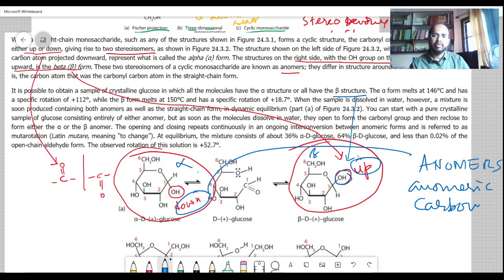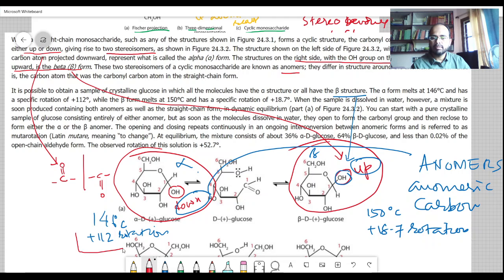In beta you have the upward form. The alpha form melts at 146 degrees C and has a specific rotation of plus 112 degrees, while the beta form melts at 150 degrees C and has a specific rotation of plus 18.7. This is the rotation of plane polarized light. I think I told you about this: plus 112 degrees, plus 18.7. If you mix these two solutions, you will get a resultant of something like 54 degrees,